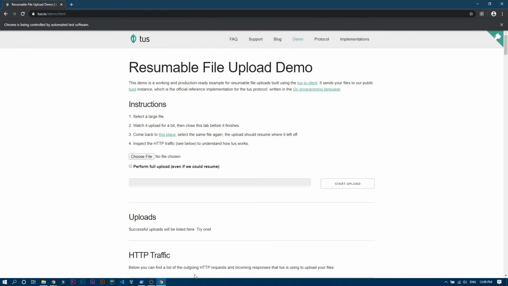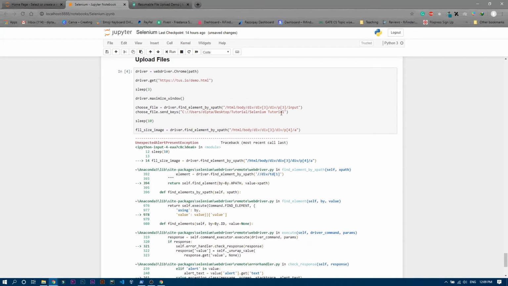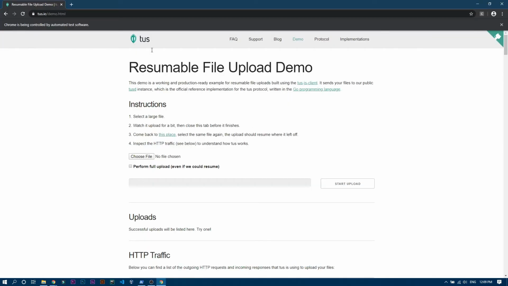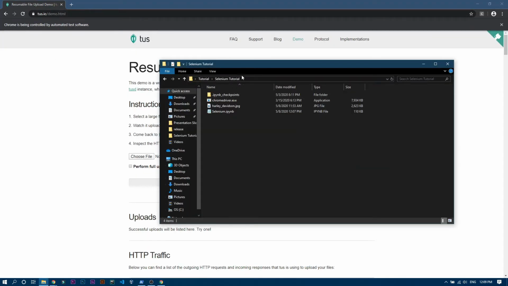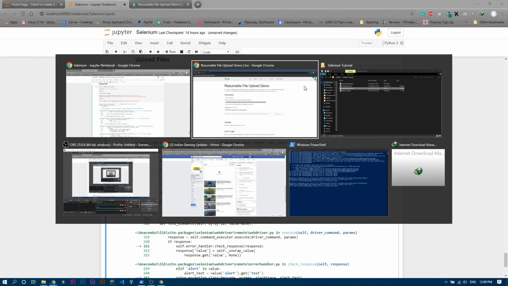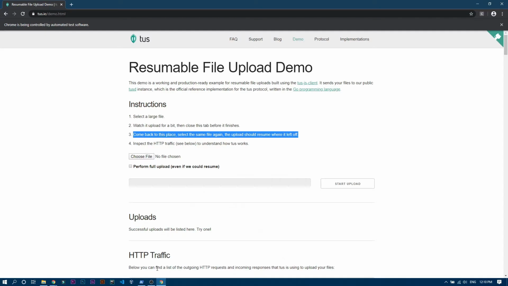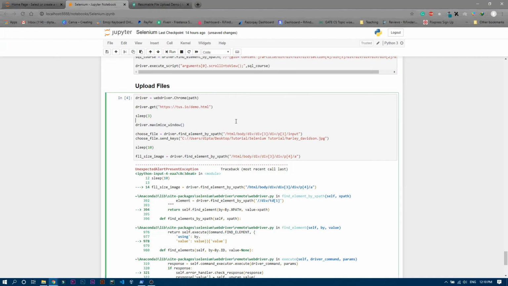Okay, I got it. Why is this showing an error? Because we didn't choose the file path exactly, because we only chose the folder. We have to choose the file path also, right? After the folder path, that means this one, this is the folder path, we have to write the file name as well so that we can choose the file. So let's go over here and make a forward slash, then paste that file name, and then .jpg. I think it's in JPG format. Let's check that again. Yeah, you can see it's in JPG format, right? So let's close this automated browser and rerun this cell again.